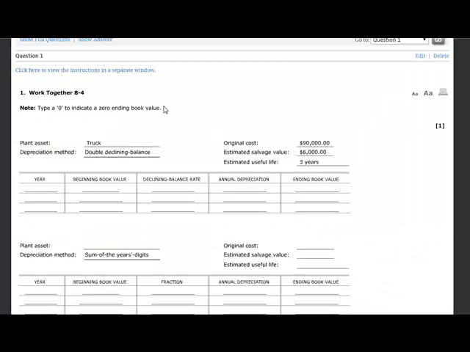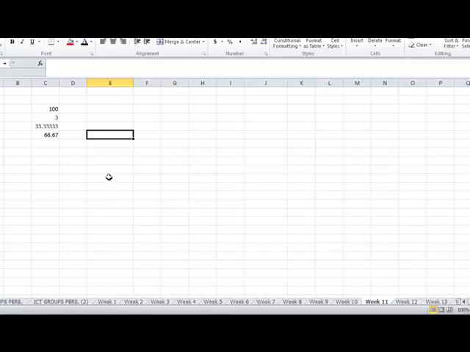We're going to take that number and we're going to use that as our declining balance rate, and that's going to be for every single year. And we can mark our years 1, 2, 3. Okay, for double declining, we're going to take our original cost and multiply our book value times this rate. So I'm going to use Excel as my calculator. So if I take 90,000 and multiply it by